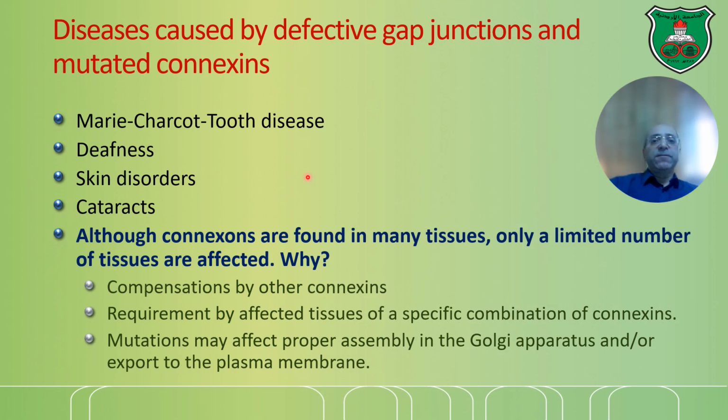Now, defective connexins or gap junctions are associated with a number of diseases. Examples include Charcot-Marie-Tooth disease. We talked about this disease a lot, actually. So deafness, skin disorders, cataract. Okay, and actually, we have cases of hereditary deafness,